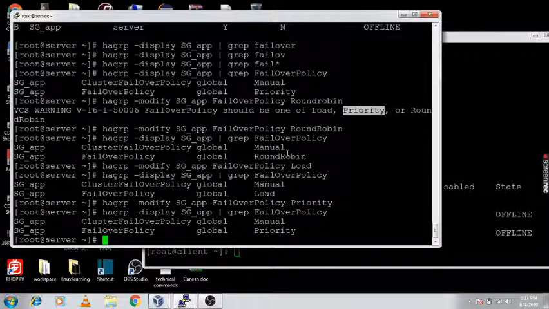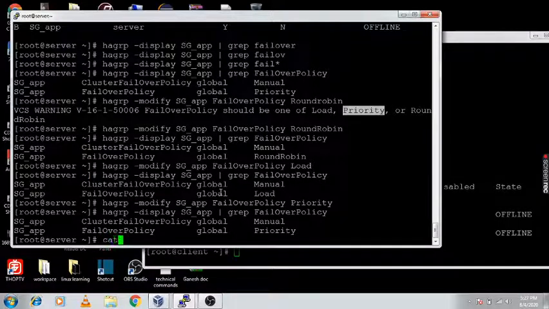Yeah, so like that you can set the policy for the service group using this online method. Once this configuration is done, then you need to run haconf -dump -makero. First we are running this command, haconf -dump -makero.